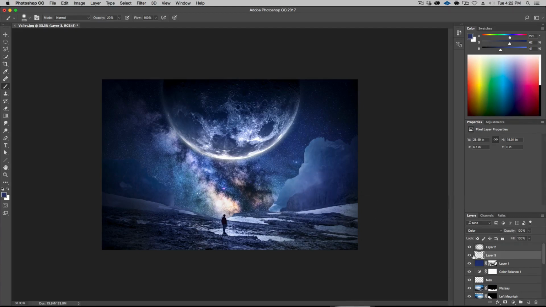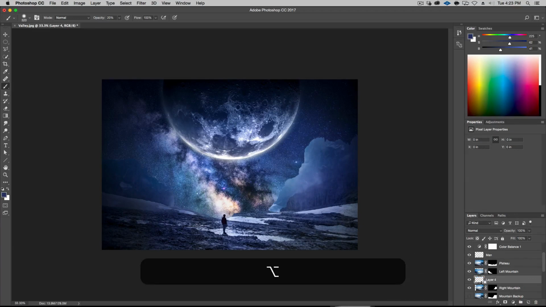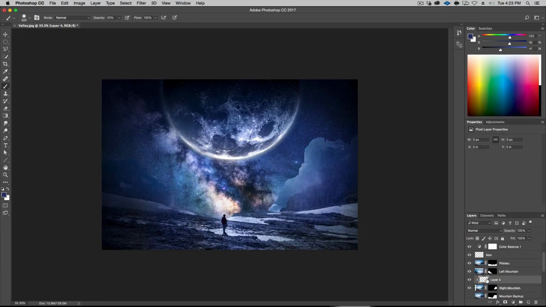All right. Another thing is these mountains, especially the one on the right, are much too light here, so we're going to darken that. To do that easily, I'm going to make a new layer, and I'm going to hold down the Alt key while I click between them. So anything that happens to this layer is only going to be seen above this. Let me make this clear. If I were to take a brush at 100% and brush here, nothing happens. But as soon as I get into the mountains, because it's linked to the mountains, that shows.